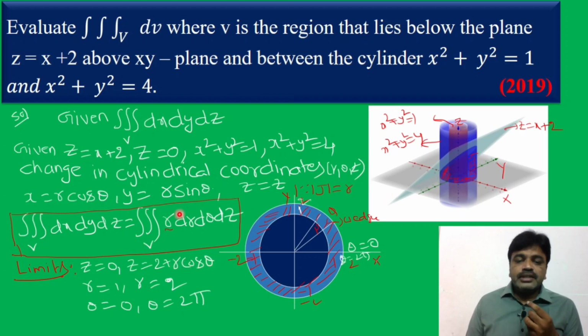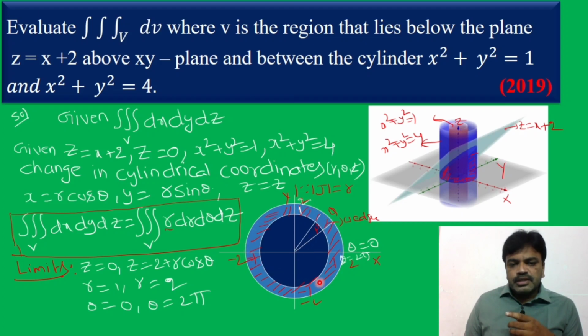I want to find the r and θ limits, but we cannot find them directly here. So go to 2 dimensions. Of course we can find them here also, but we cannot imagine it. So better to go to 2 dimensions, where we can imagine easily. In 2 dimensions we know it represents a circle. This is a concentric circle.